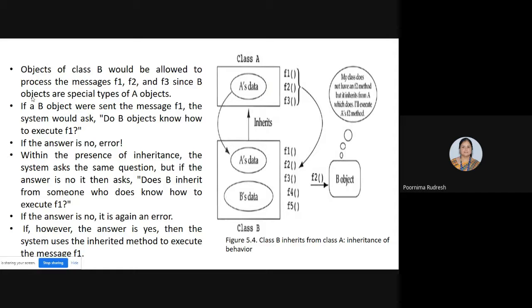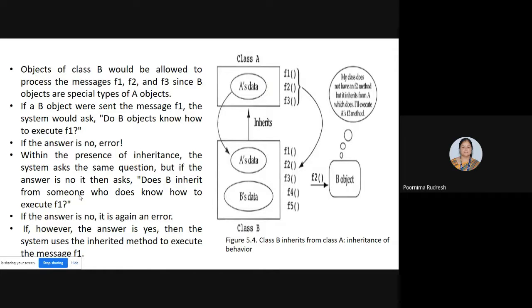That is the case. Here, if an object B was sent the message F1, then the system would ask, do B objects know how to execute F1? If the answer is no, then the error comes. Why? Because there is no inheritance between them. But with the presence of inheritance, the system may ask the same question.